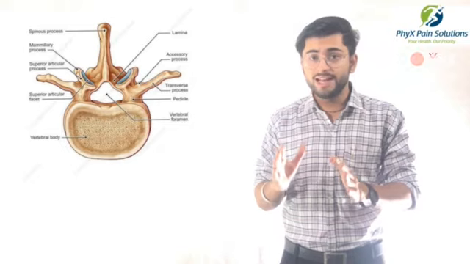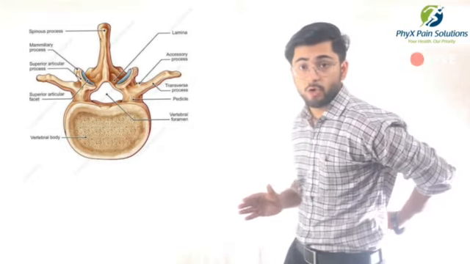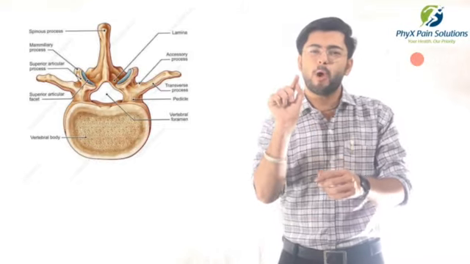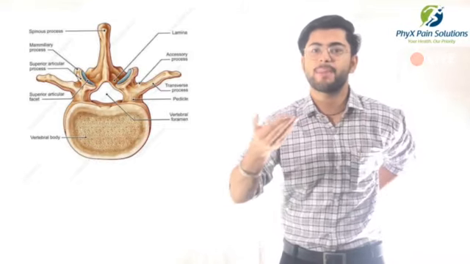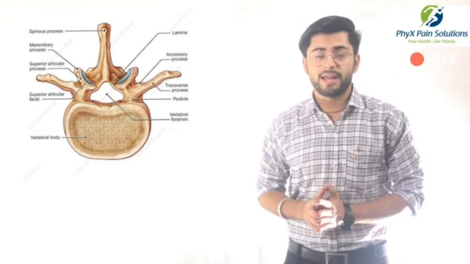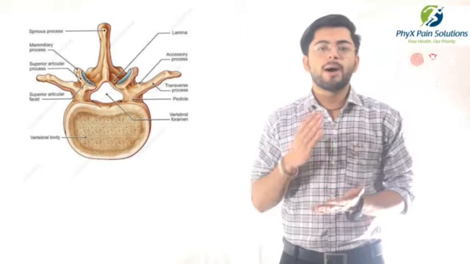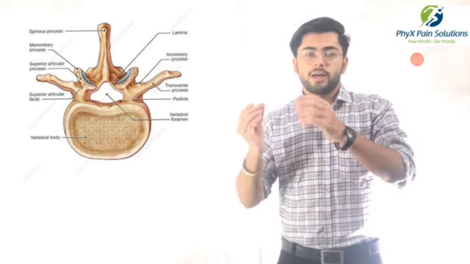So if you feel right now, just place your hand at your back, at the lower back, you will feel some pointing, 5 points, 5 sharp edges coming out. That is what we call the lumbar spine. Now talking about the lumbar spine furthermore,